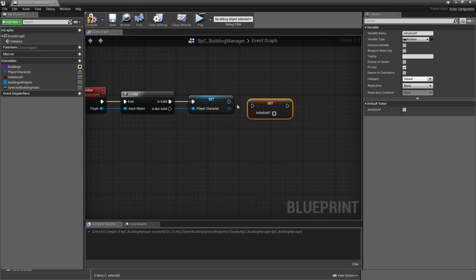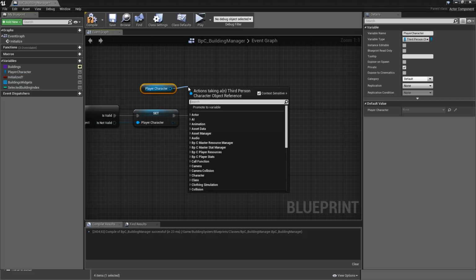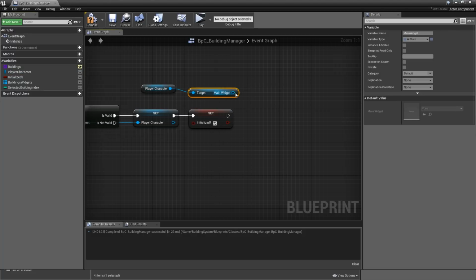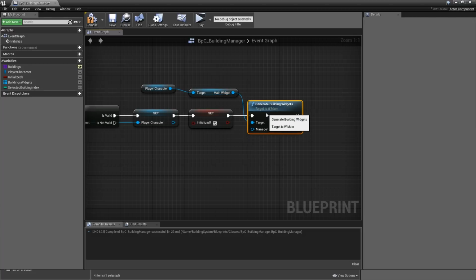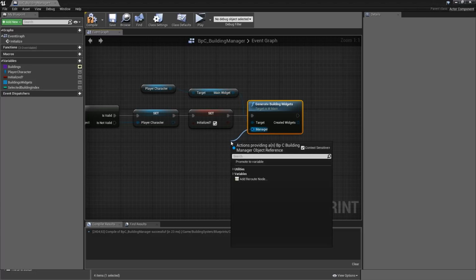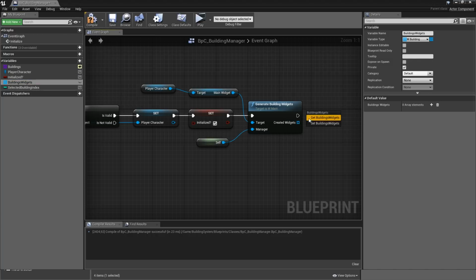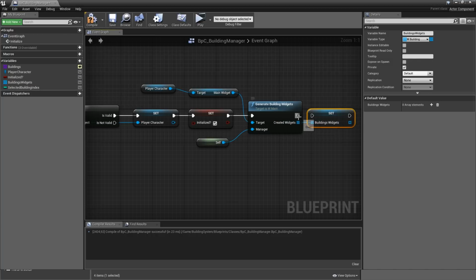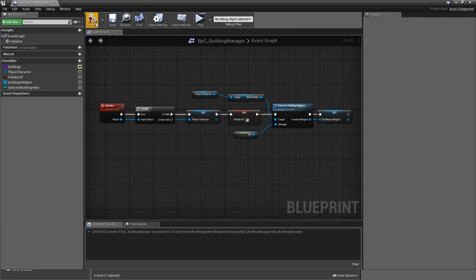Also set initialized to true, then get our player character, get the main widget and call the generate building widgets function. It will be asking for the manager, which is just self, and the created widgets will feed into our building widgets variable. For now, that's enough for our initialize event and for the building manager itself.